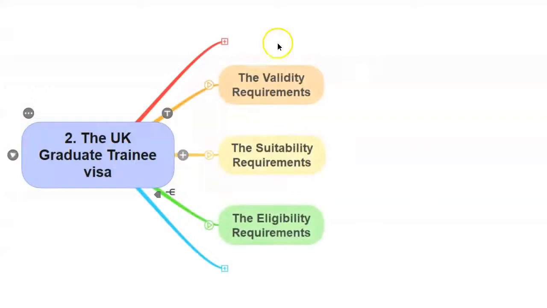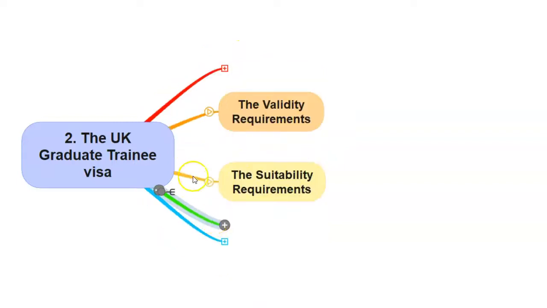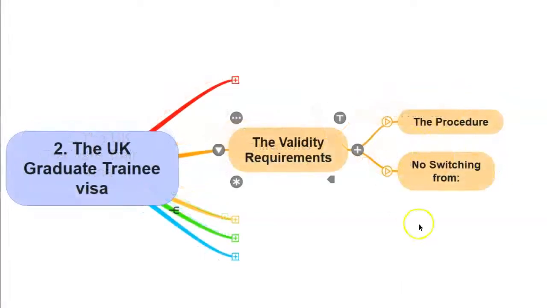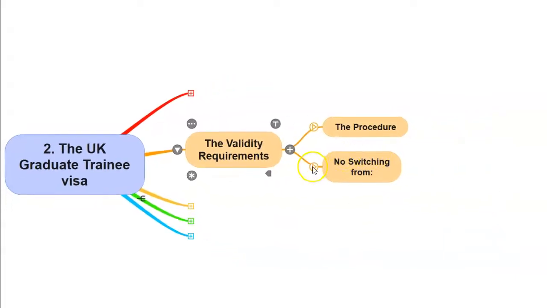So let us begin. Those who apply for the graduate trainee visa will need to meet three requirements: the validity requirements, the suitability requirements, and the eligibility requirements. We can subdivide the validity requirements into two parts. First of all, the applicants will need to follow a certain procedure. And secondly, if they're applying from the UK, the decision makers will be ensuring that they are not switching from